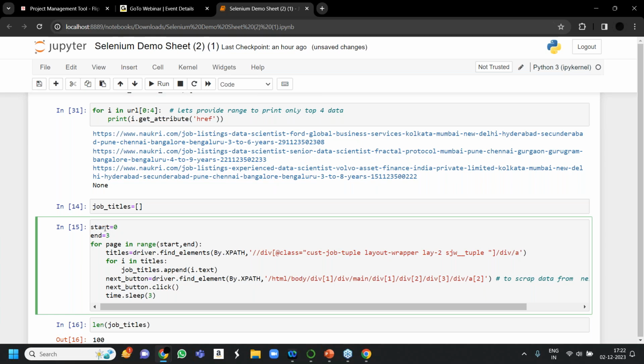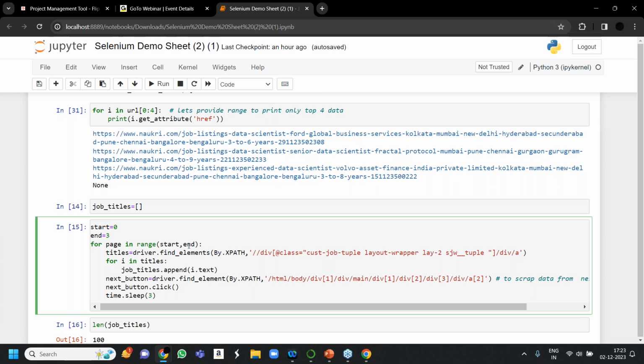So start and end. Start means starting from where? You know, Python starts with 0. I want the first 3 pages, so I have written 3. So it will go from 0, 1, 2, meaning page 1, page 2, page 3. Am I clear? Then again the same thing: for page in range(start, end), because I need to tell the system from which page you need to go to till which page.